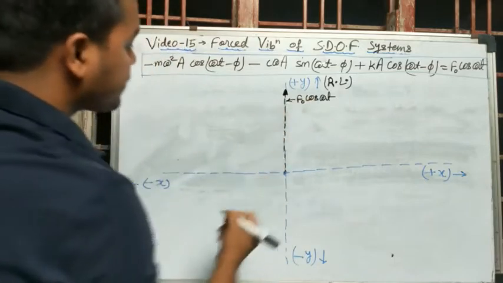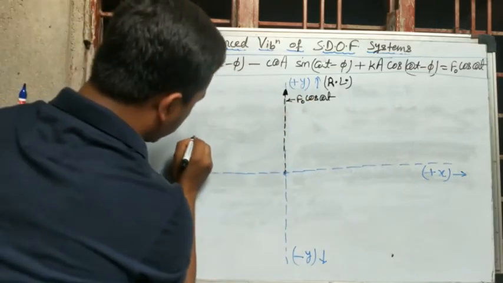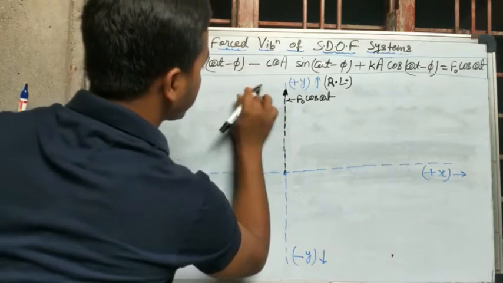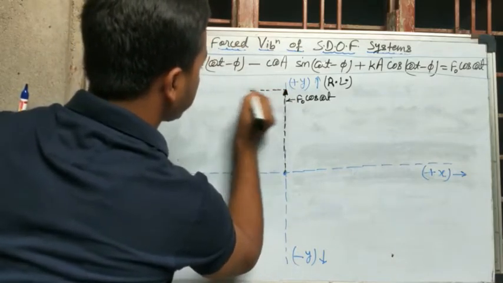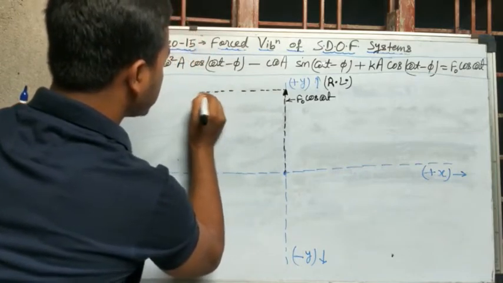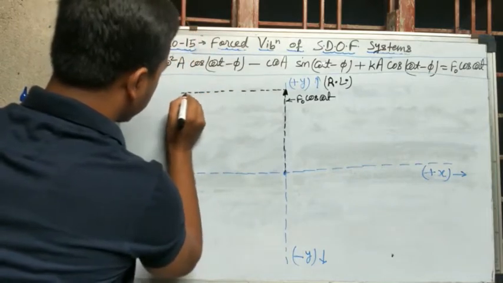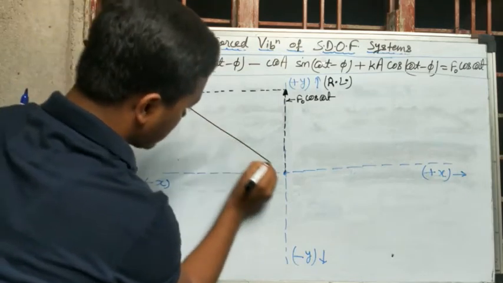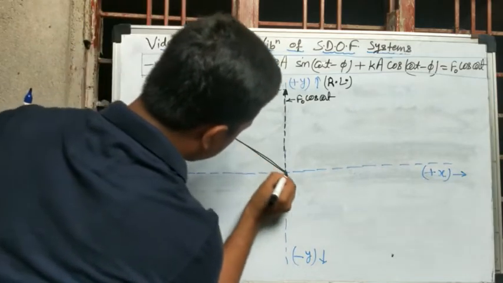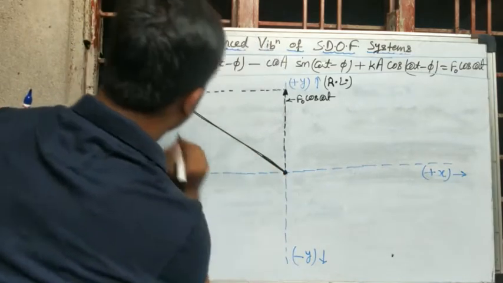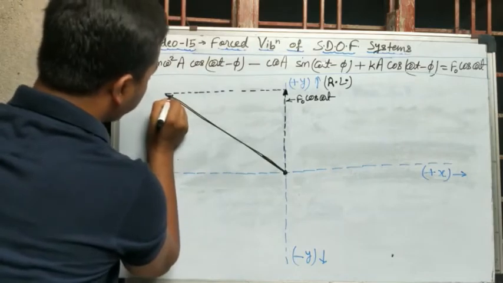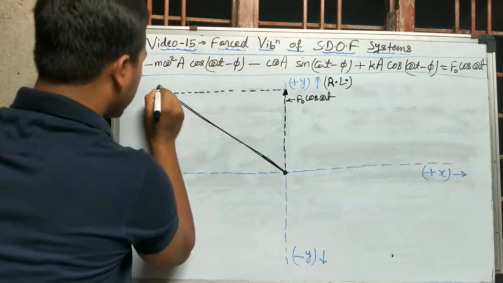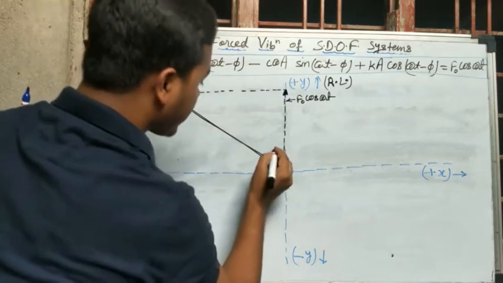Now suppose I'll have a force here. The force is f naught here, which is making an angle